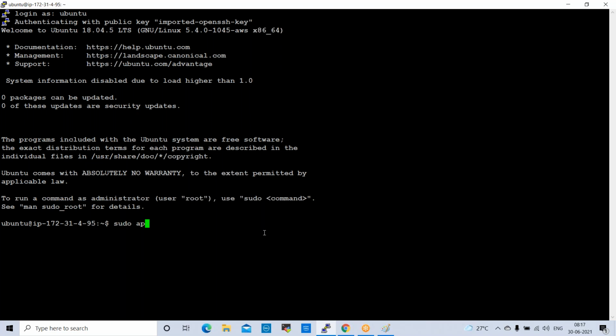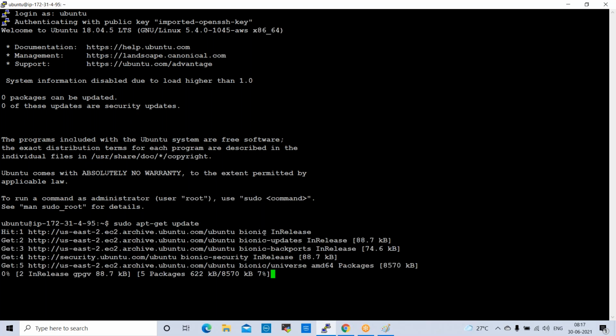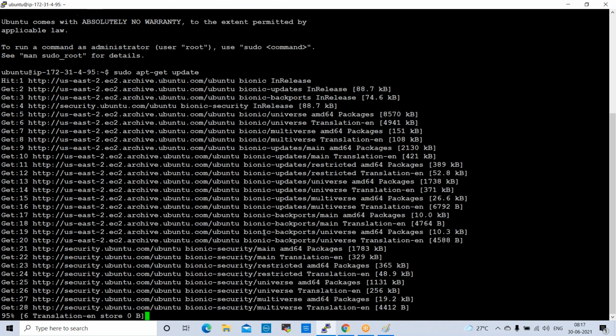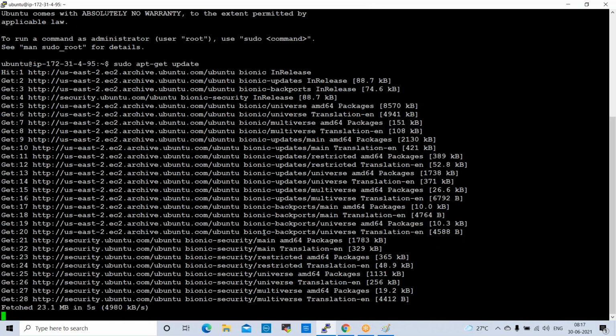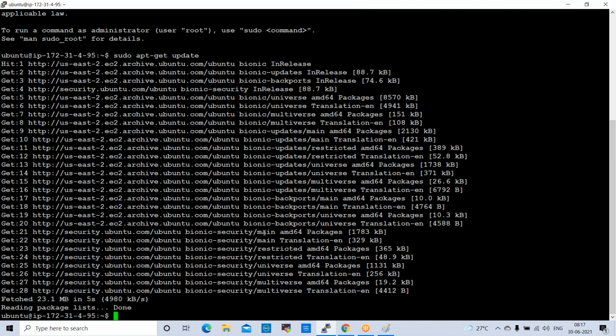sudo apt-get update. Now sudo apt-get install openjdk-8*.